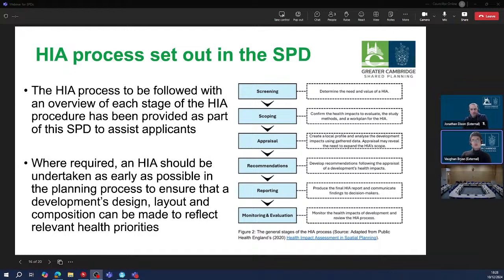And the SPD also provides policy linkages to where the various aspects of health consideration are covered by existing policy as well. So in the event that screening does identify a development as requiring an HIA, and typically this is for larger scale developments of 20 or more dwellings or 1,000 square meters or more floor space. Again, as I said earlier, the type of HIA depends broadly on the scale of development being considered. But in the event that an HIA is needed, one would then go on towards the scoping stage to determine